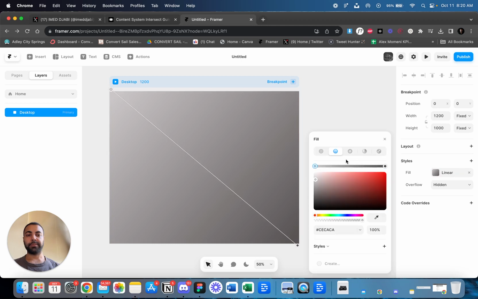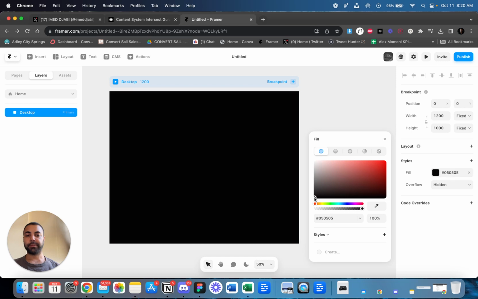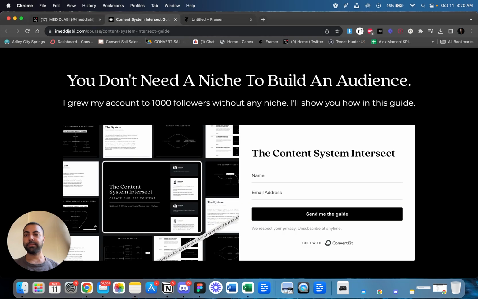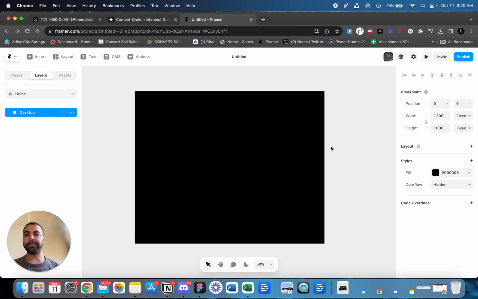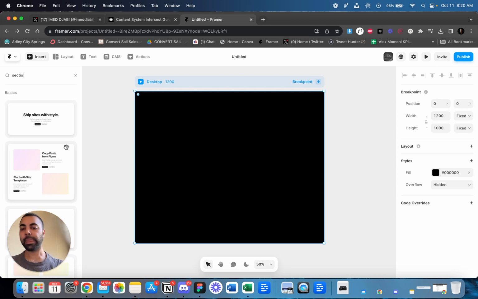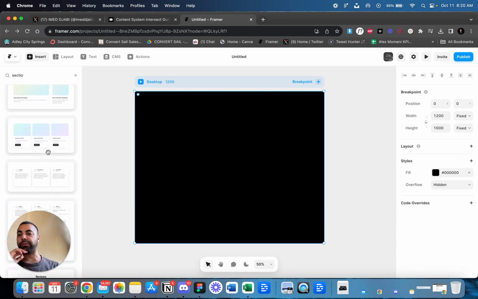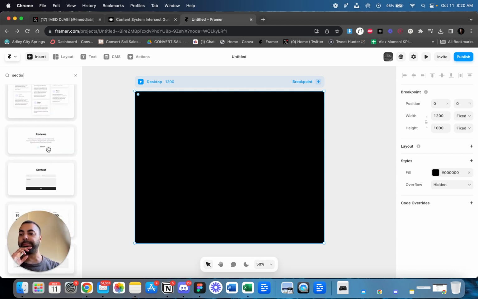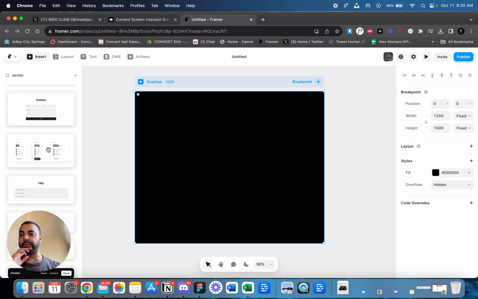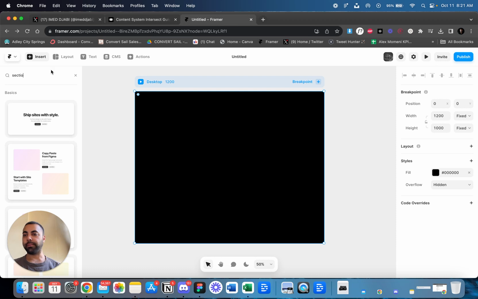Now, you know what? If we're just recreating it, let's just make it black. Now, if we're going to be doing it, I would do it more like a section. So if we're going to just do it like his, the way with the left-right style he has is okay actually. Especially for opt-in pages, it's totally fine what he did. So if I want to just recreate that to save time,